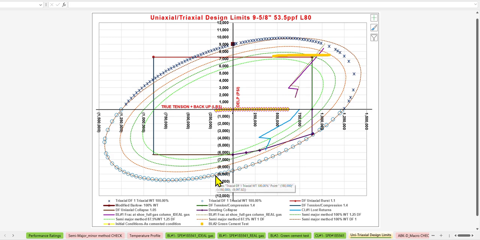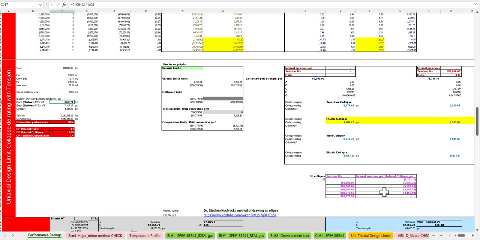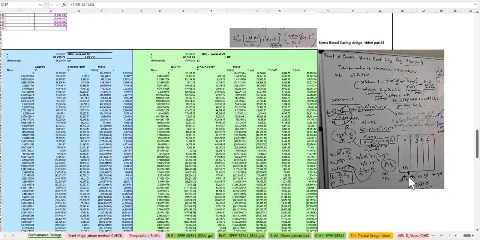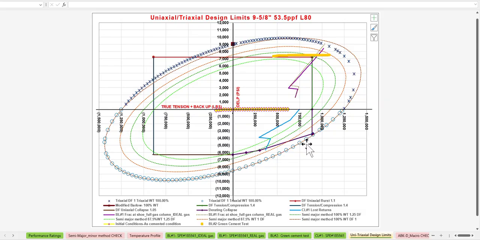the triaxial collapse equation, because of the principal stresses that I talked about in the previous video. So just go watch this video, please, and then you will find out where the solution is identical. However, the upper part of the ellipse that is drawn with the semi-major and minor method is slightly off from the exact triaxial burst solution, but